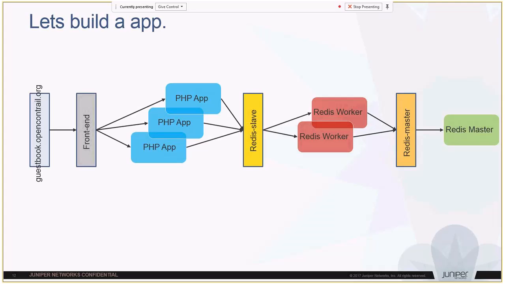So this is the demo, right? Basically, this is a 3-tier app called guestbook, which is used in most Kubernetes demos. There's a PHP front end, the middle layer is the Redis worker, and then there is a Redis master. And we are exposing that front end outside, because we are putting an egress load balancer. So I'm quickly jumping to the